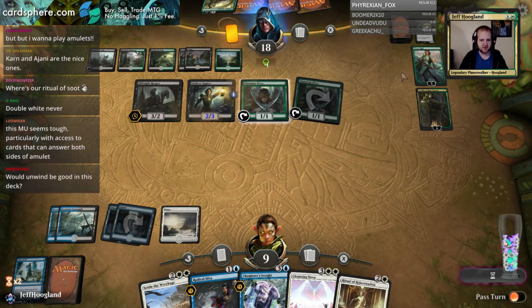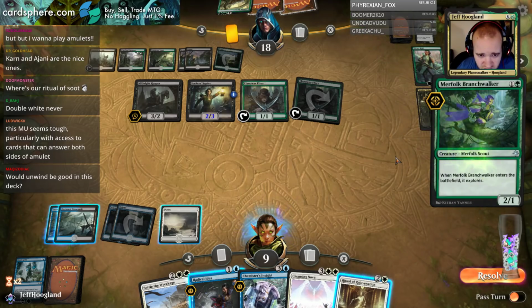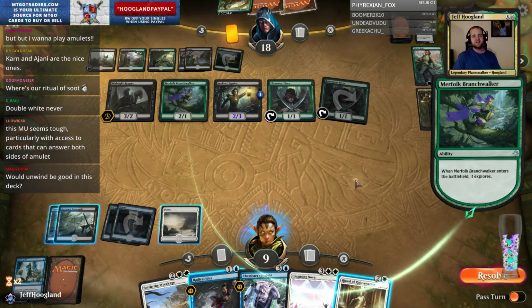Yeah, I think if they find their Planeswalkers early, it's hard. Like, if you get to untap with Amulet once, you can usually flip it over. So if they don't have their Planeswalker right away, it's not too terrible. But if they do have their Vivien on curve like they did here,